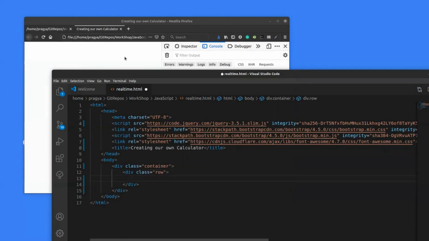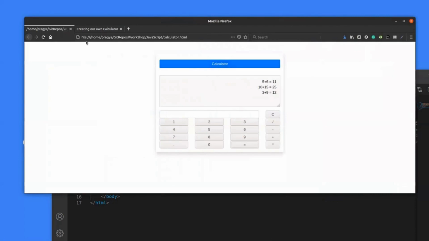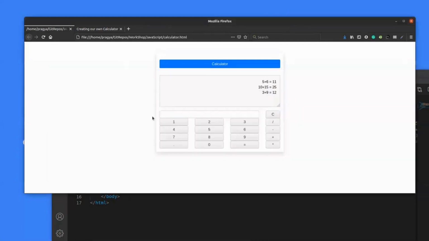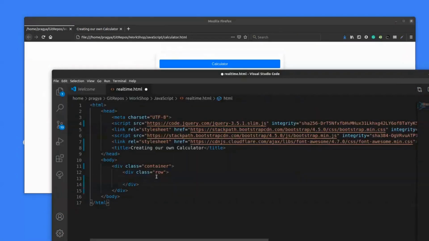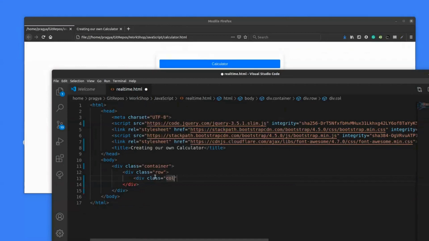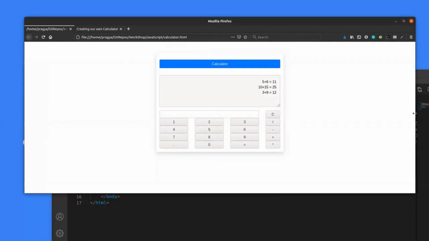In this case, what we want is that the calculator should not take the entire width of the container. It should take 50% and it should be centered. So to do that, there are 12 imaginary columns. To take 50% means we'll be using 6 columns, and there are 3 columns which are invisible on each side. So let's add those columns. Div class col. We'll be using a large column